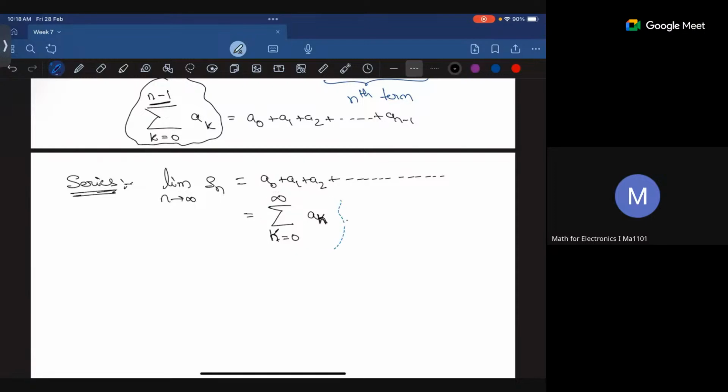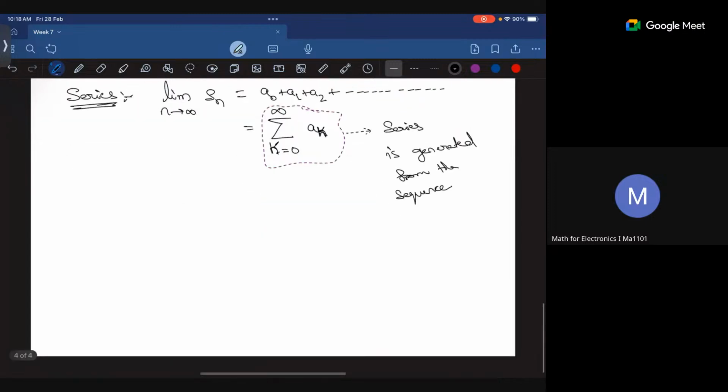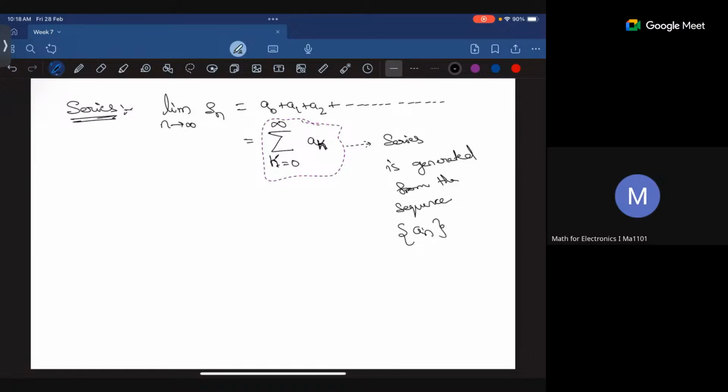And this series is generated from the sequence ak. Right? So every series has its older sequence, and from every sequence we can find a series. So a series is basically summing up all the terms in your sequence, as simple as that. Okay. Now once we have a series, again the next question would be,